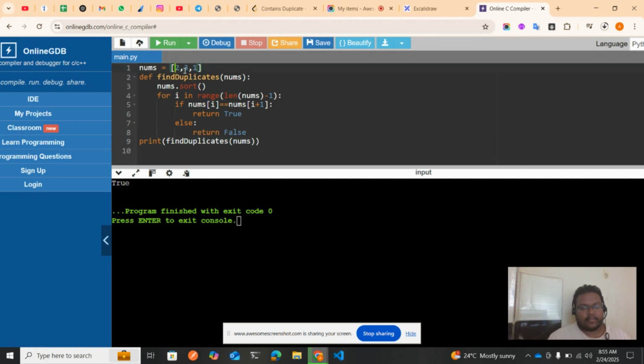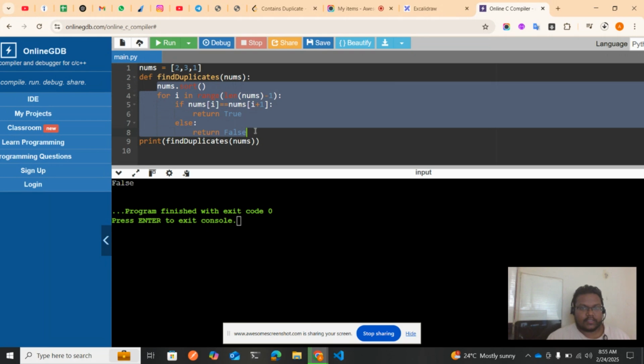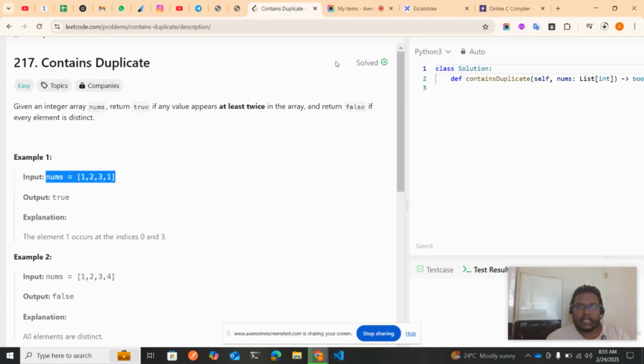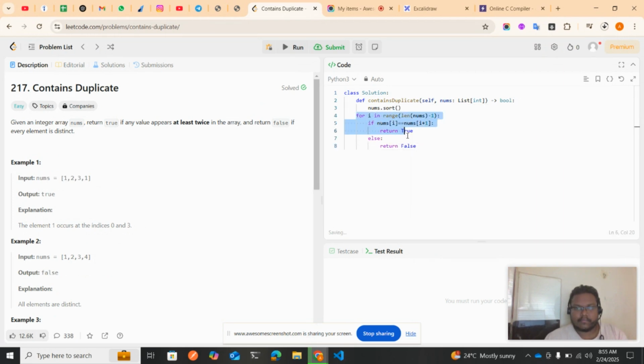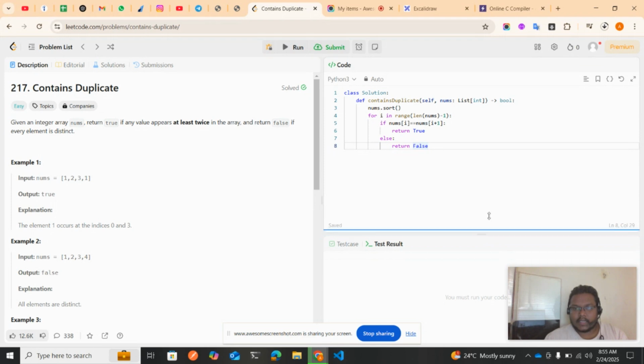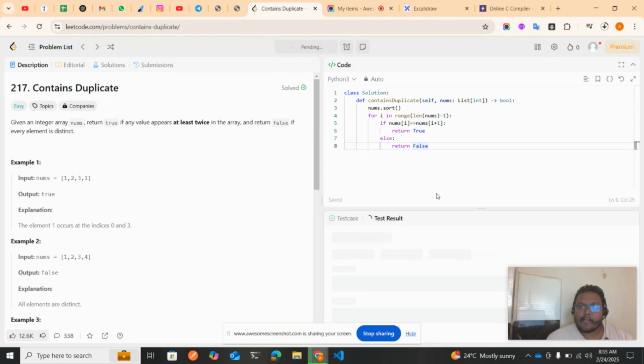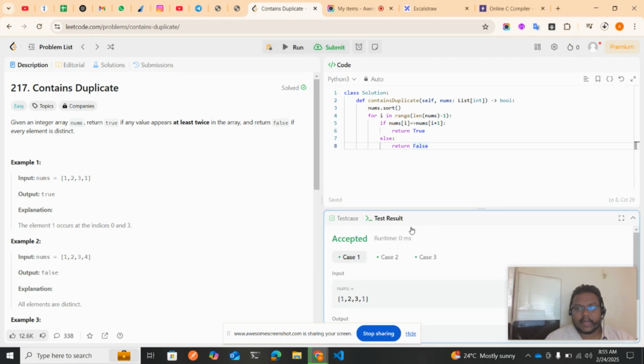In case if I remove one and click on run again, you see it is false because this array doesn't contain any duplicate values. If I copy this code and go to the LeetCode problem and paste it here, and click on run, then accepted. If I click on submit code,